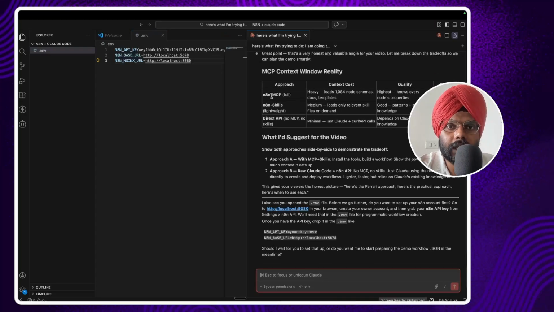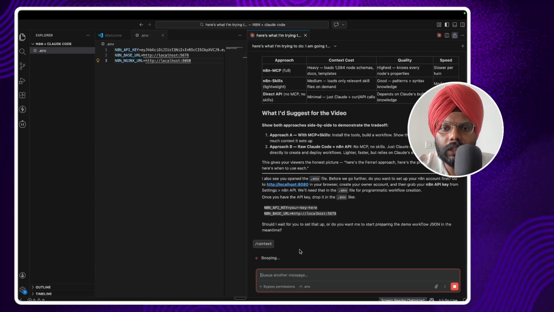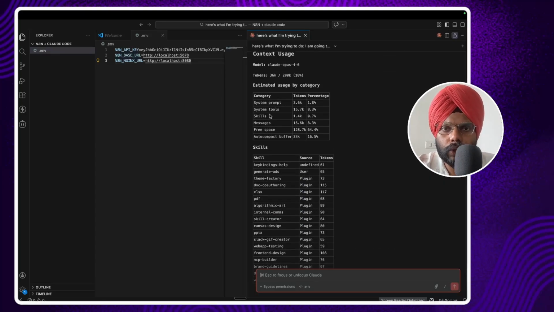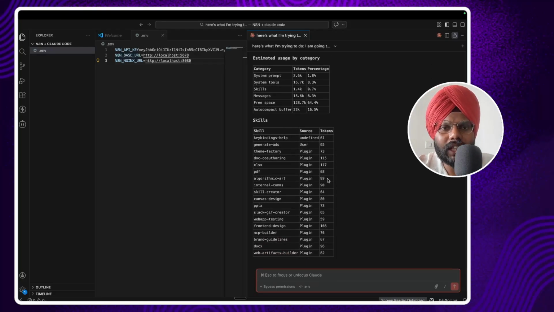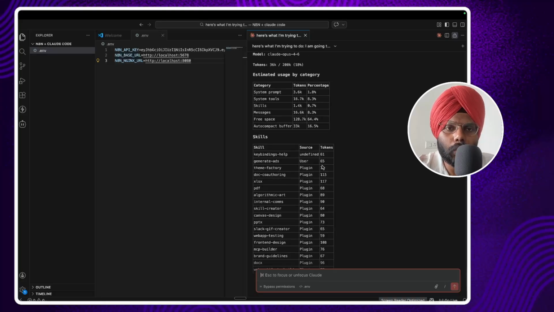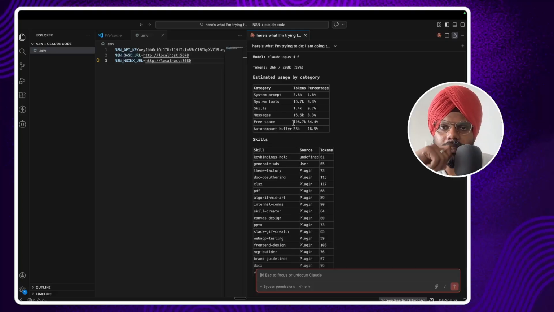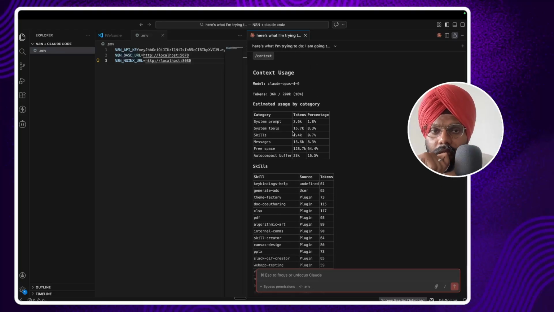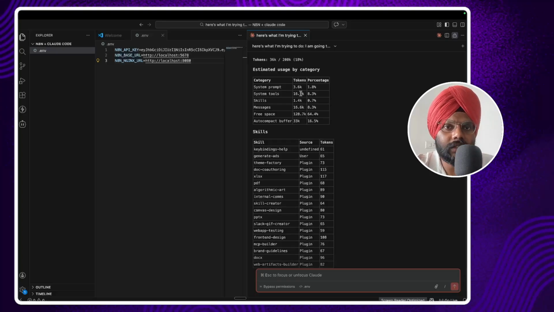If you are using MCP, how it works is that if I am clicking here and putting context here, a lot of context actually goes into MCP. These are all the skills. You can see skills only take two digits of tokens maximum, only one or two skills are in the three digits, otherwise only two digits, and these are crazy. I am not using any MCP here, but if I had added any kind of MCP, it would literally have taken a good portion of